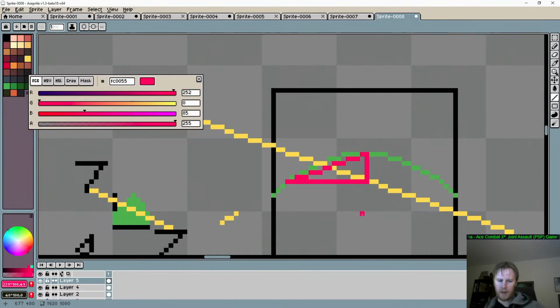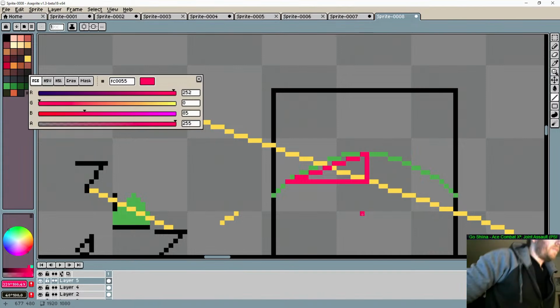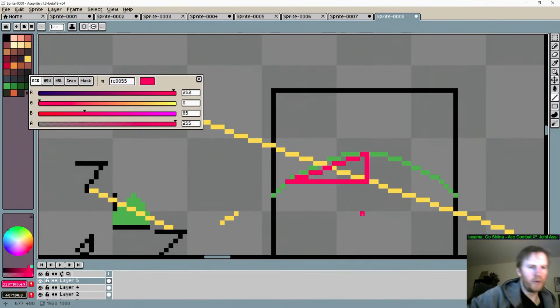But what I'm thinking is, generally what I've been doing is, if you have one value